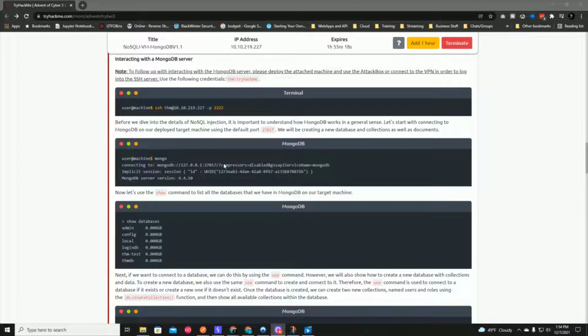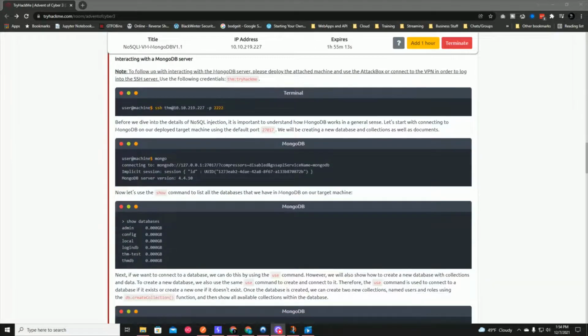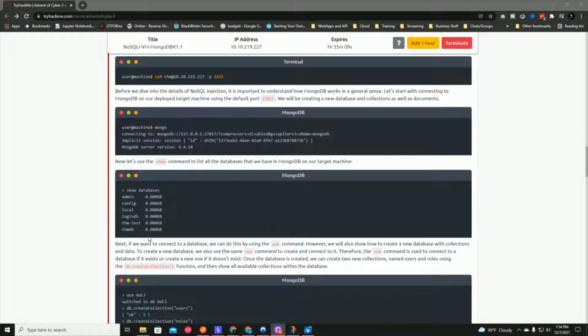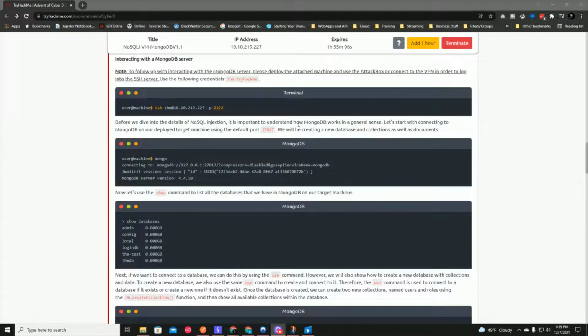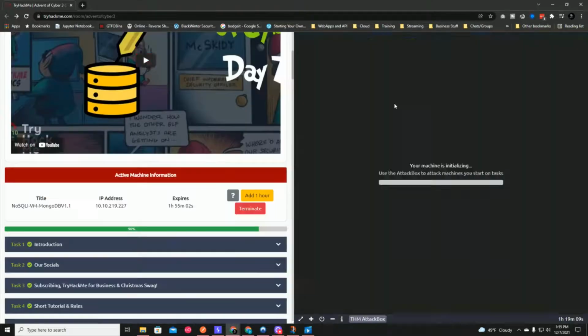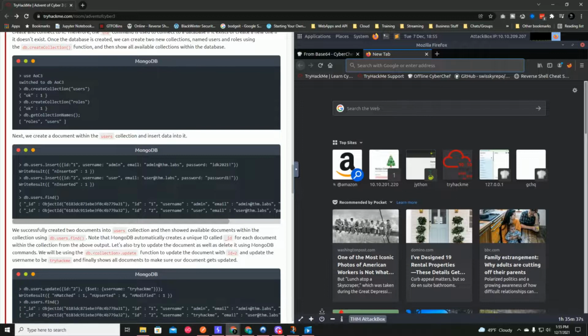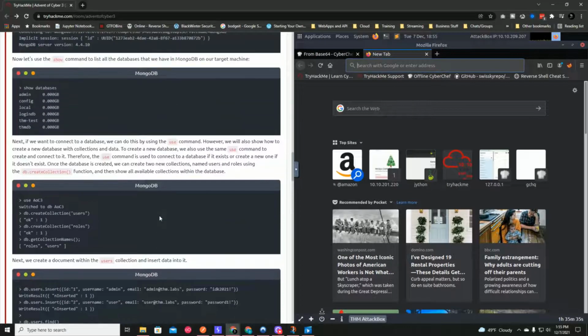So looks like we're going to have to start up our attack machine and then SSH into it and then bring up the MongoDB, and then we're going to have to look for the databases. So let's scroll back up real quick. Let's show our split view, and now let's roll back to our commands. All right, so now let's open up a command prompt,